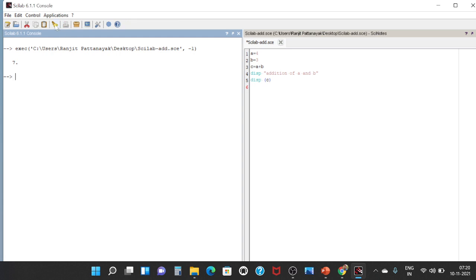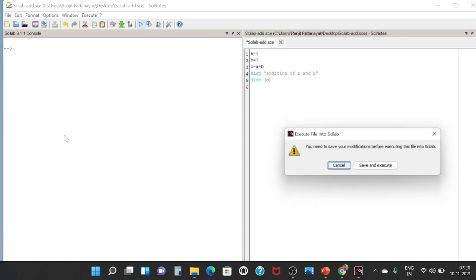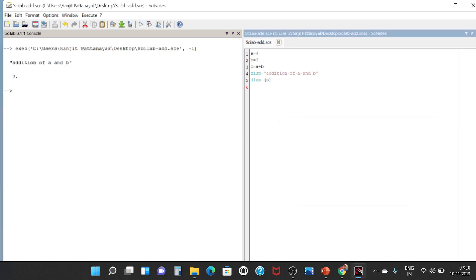First you have to clear the console window, then click on save and execute. If you have not saved, it will ask to save and execute. Here you can see it shows addition of A and B on one line, then it shows the value of C, that is 7.